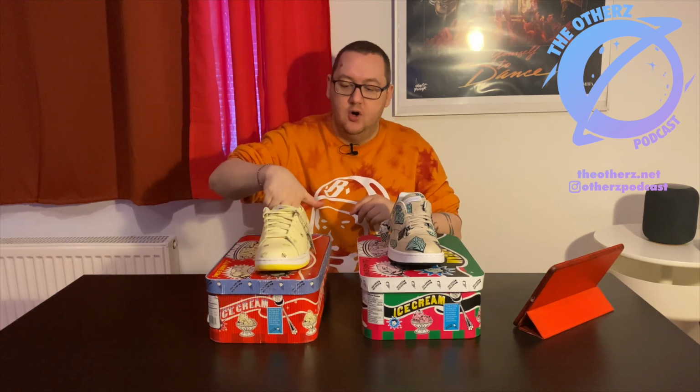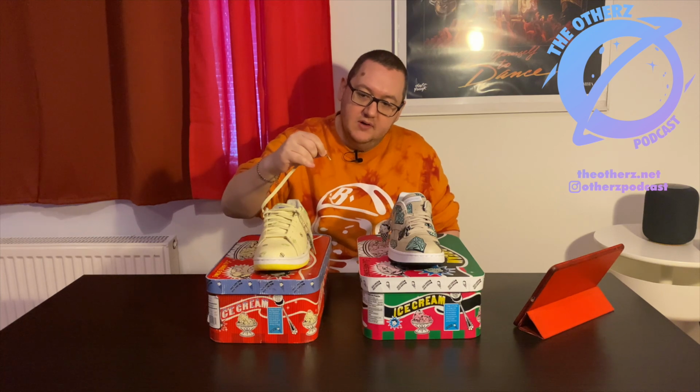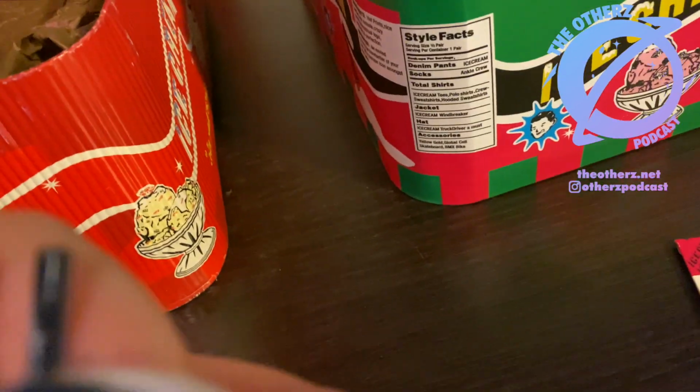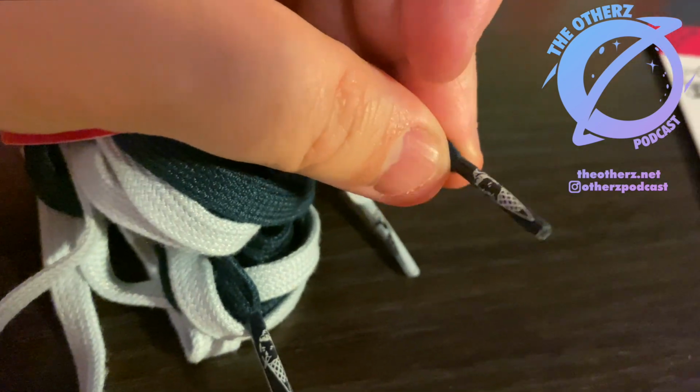One other very quick point where I talk about the attention to detail that we've got with this shoe, and I completely forgot about this until a moment ago. On the originals here, on the lace tips, you have that cone man. Now that's a very small detail. Obviously it costs money to print on such a small space on this kind of lace tip. It's an extra cost. What we have on the newer ones, and these laces have not even been undone yet, but I can just pull one out here and show you,